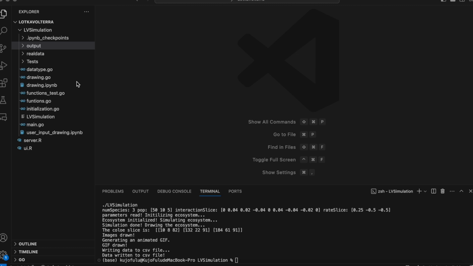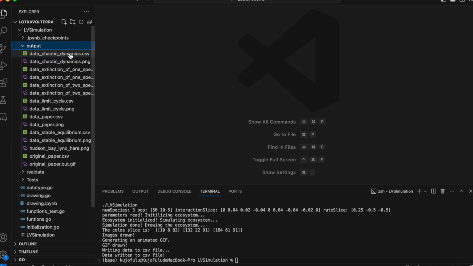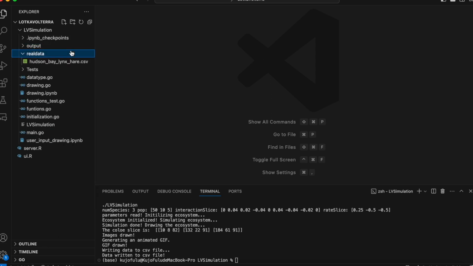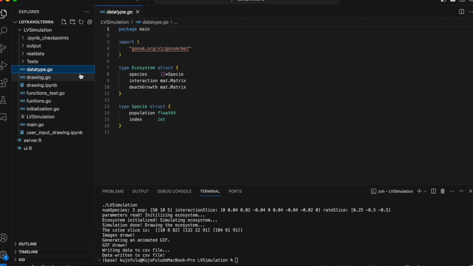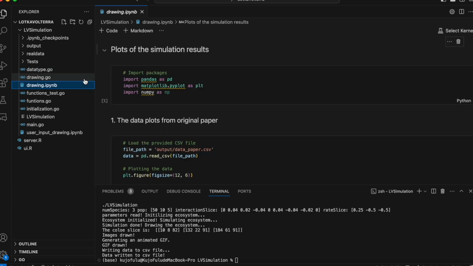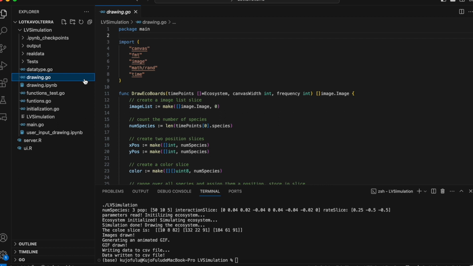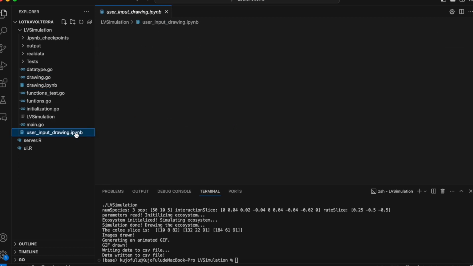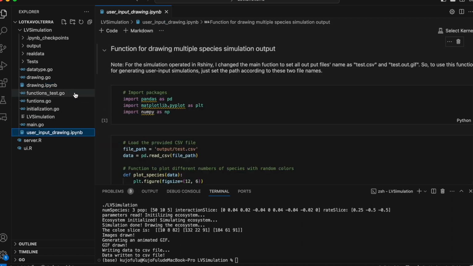Let me first introduce all these files. This folder contains our output files, for which each simulation will generate a CSV file and also a GIF file. You can also generate those plots with our Python code. And here is the real data we collected. Here is the test function. This is the data type we used in our simulation, and this file has the drawing functions for our GIFs and images, and these two are the Python files for drawing the plots,